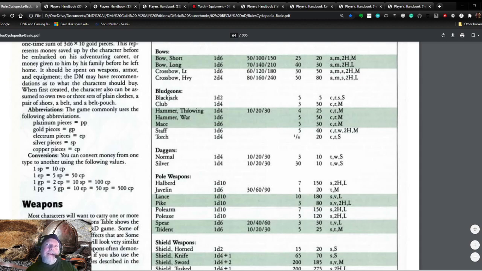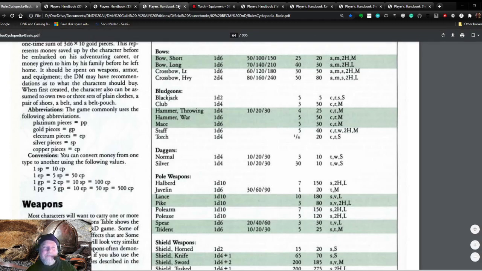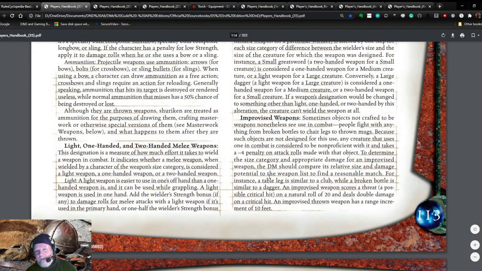Well, then in AD&D in 2nd edition, they say, well, maybe a torch isn't really a weapon. Maybe it's only adventuring equipment, so they didn't give us any information about how it might be used. In 3rd edition, however,